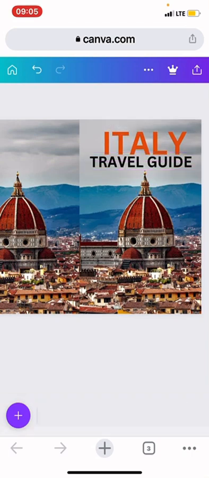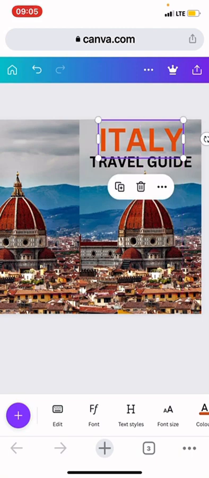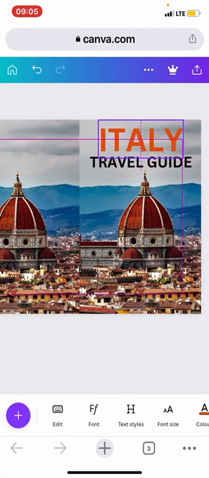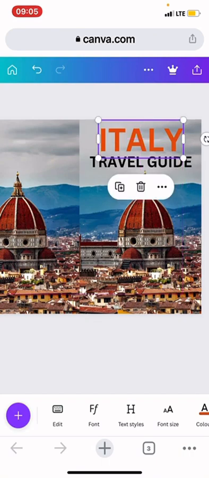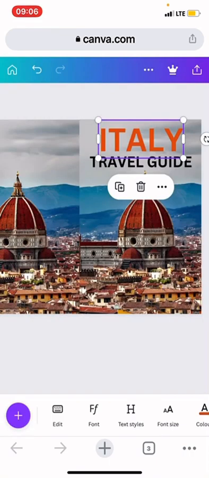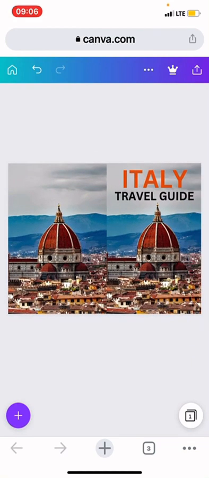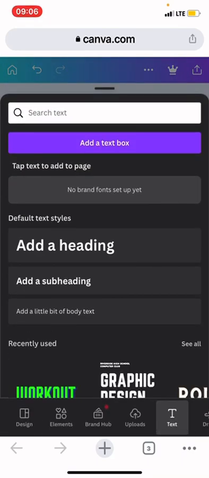So I'm trying to center this. Now you can see that this is our cover, so make sure it is well centered. So now we are done with the front cover. Very simple. Now for the back cover, for example, you want to add your text to the back cover,